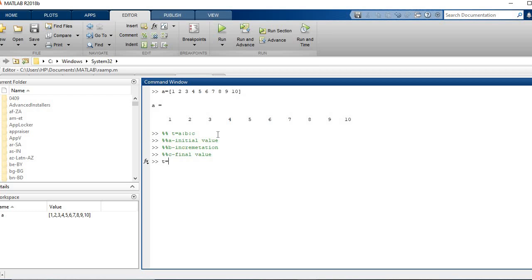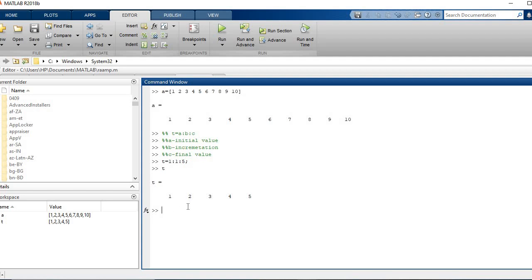If I write T is equal to 1 colon 1 colon 5, this command will lead to creation of an array whose initial value is 1. Each subsequent value will be incremented by a unit till it reaches the final value, 5. Then I call T. So this is what we will get.